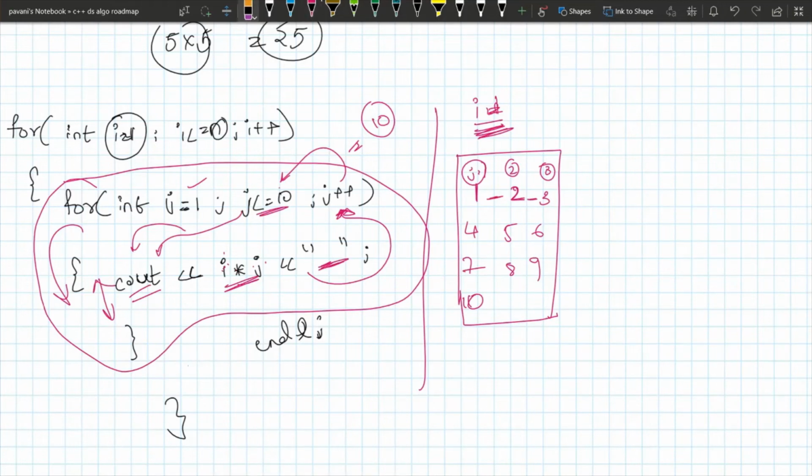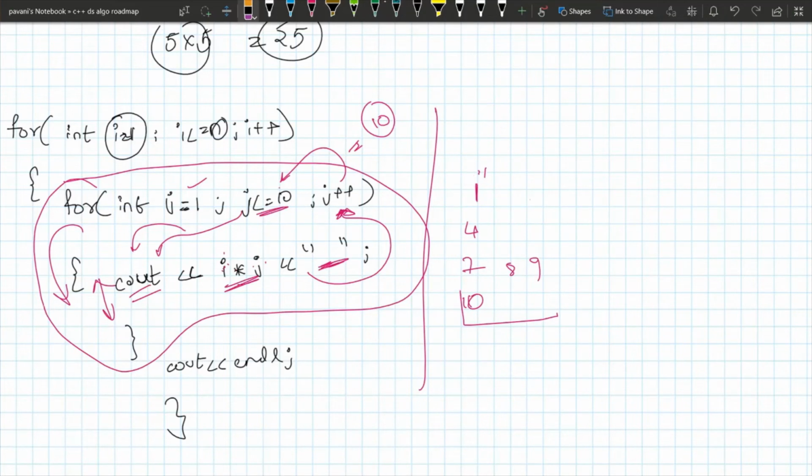I'll explain why I have written cout endl like this. See, I don't want to mess with the output. That's why in the first iteration the table will be 1, 2, 3, 4, 5, 6, 7, 8, 9, 10.